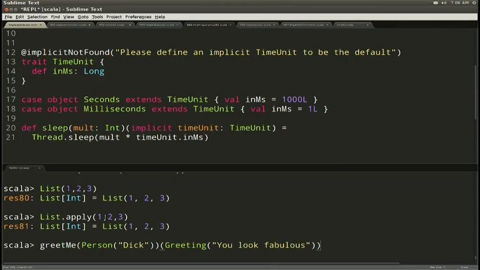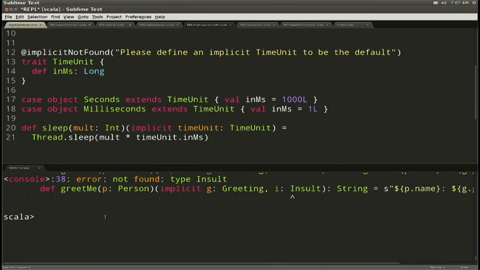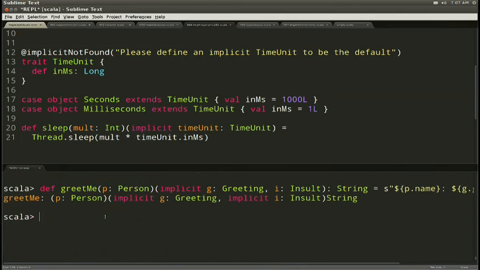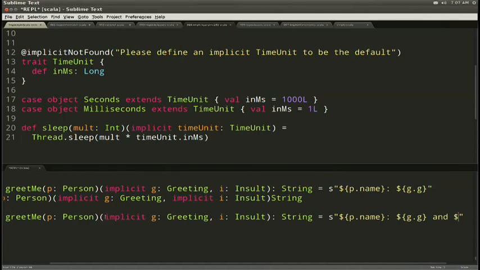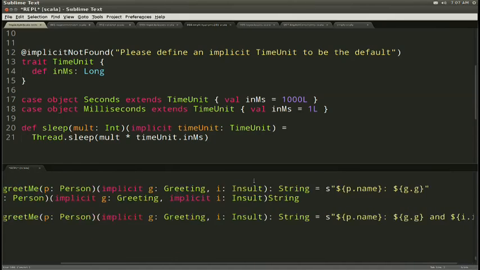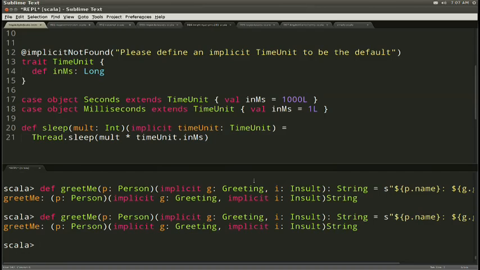So instead of just the greeting, we'll have a greeting and an insult, both implicit. Implicit is missing an I after the C. Oh, thank you. Implicit, greeting, and insult. Oh, I haven't defined insult. So case class Insult, I of type String. Right, there's my insult. And then I can say, actually, I should make the implicit val